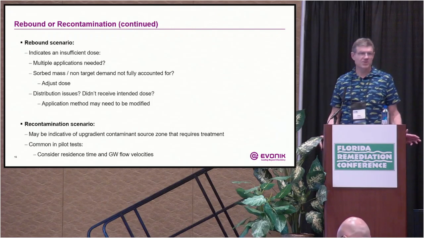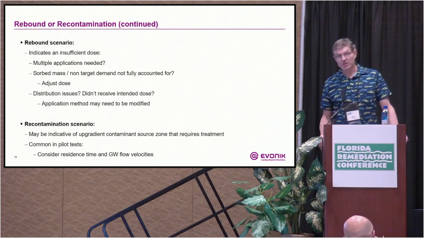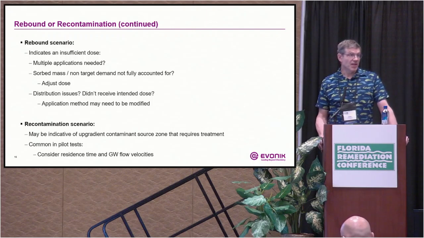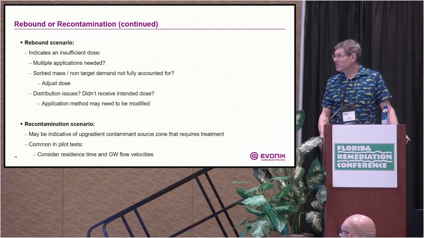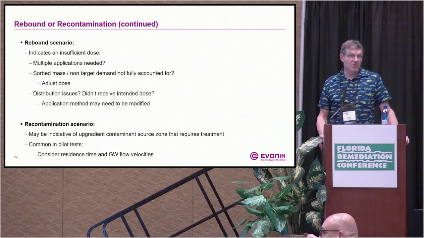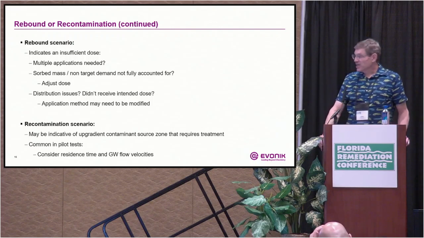Or did you have a lot more sorbed mass than you thought, or more non-target demand? And that's where it gets to be really critical, did you do a soil oxidant demand test ahead of time? Because we'll assume an average SOD of 1 usually, but it can vary a lot, and it changes the economics considerably. So you've got to look at that. You may need to adjust the dose in those cases. Are there distribution issues? You may need to look at application method, maybe injecting on a tighter grid or something like that. For recontamination, you probably have